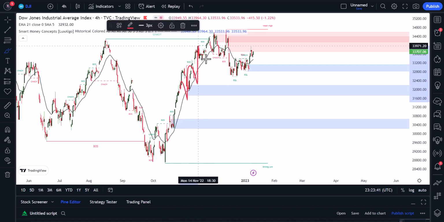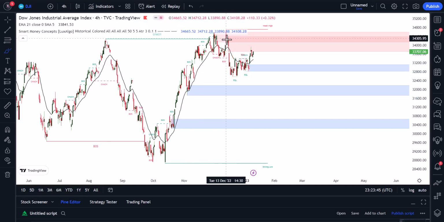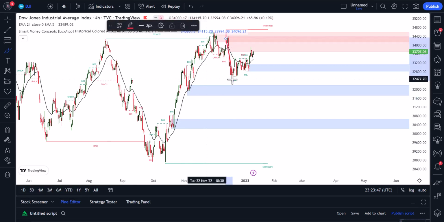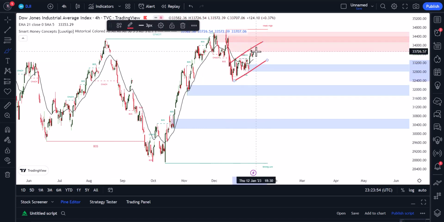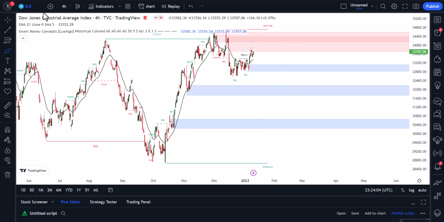Higher highs and higher lows here, and at this area it reversed the trend and made a bearish flag pattern. So it's possible that it is going to fall down. Another possibility is